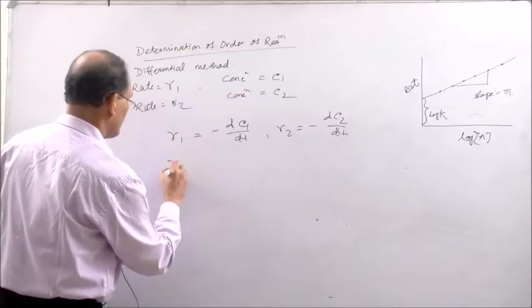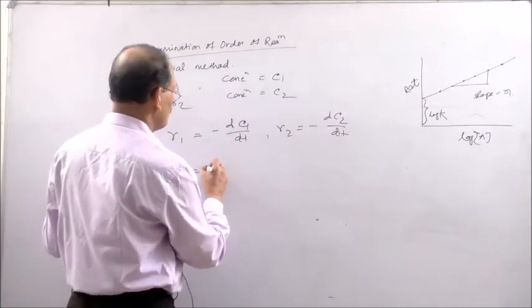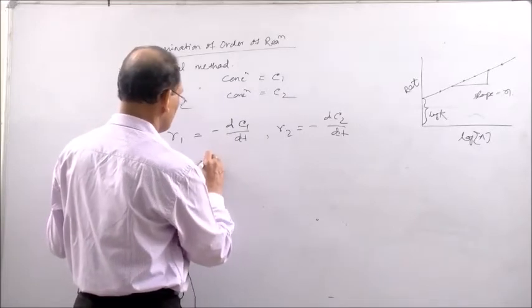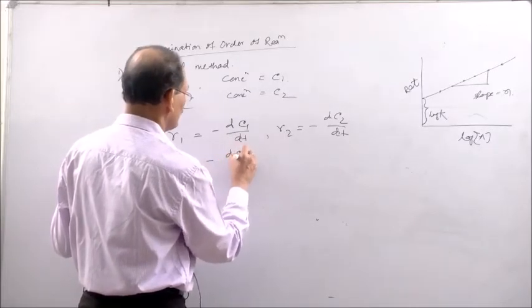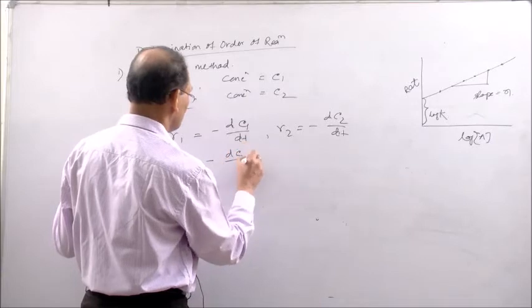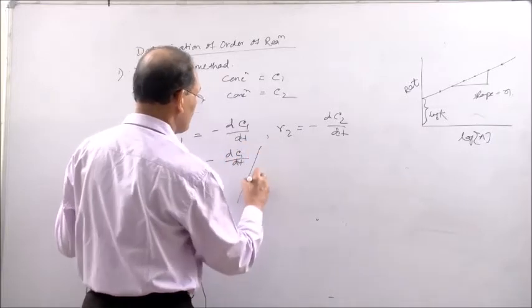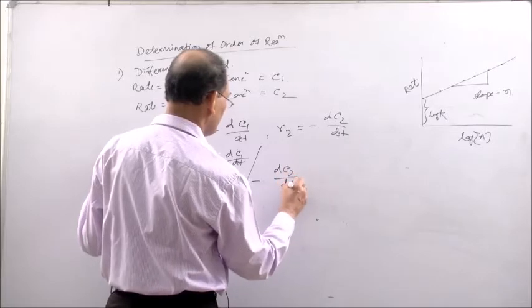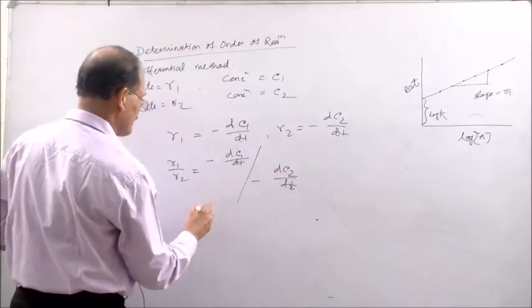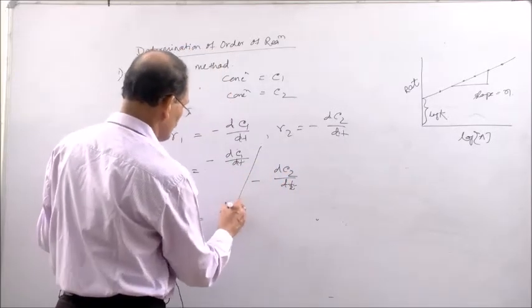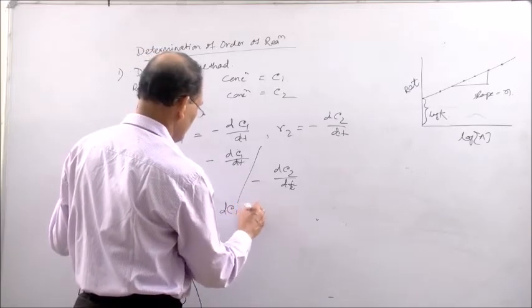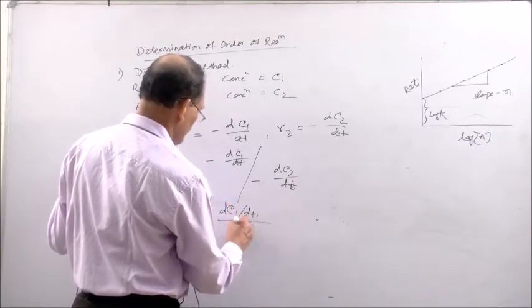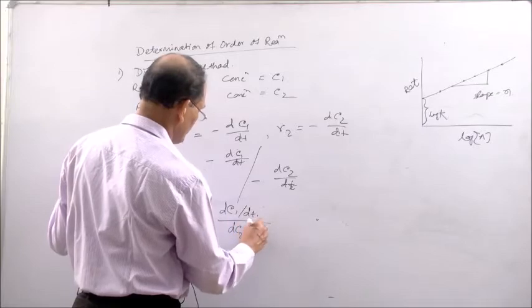So, R1 by R2 is equal to minus dC1 by dt whole divided by minus dC2 by dt. So, negative negative cancels out. So, it is dC1 by dt divided by dC2 by dt,